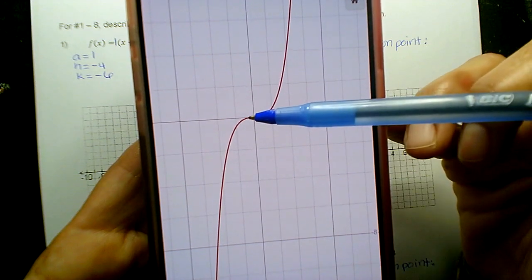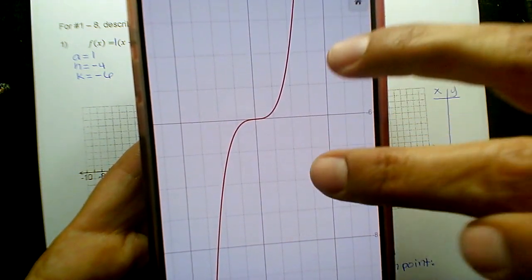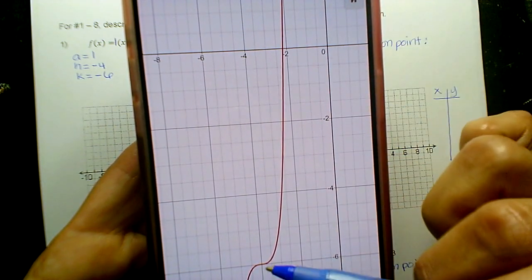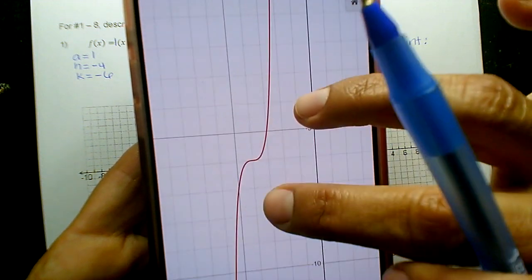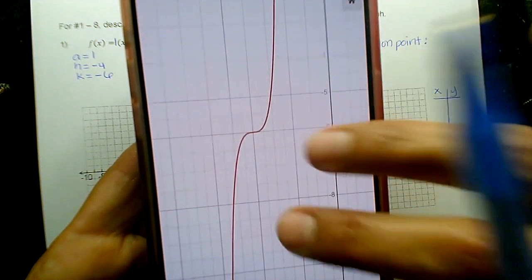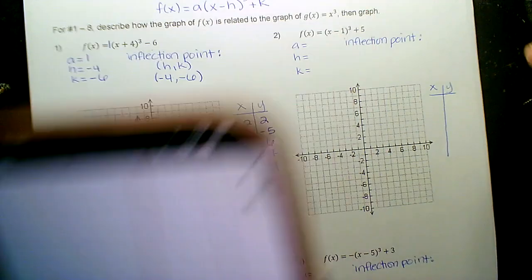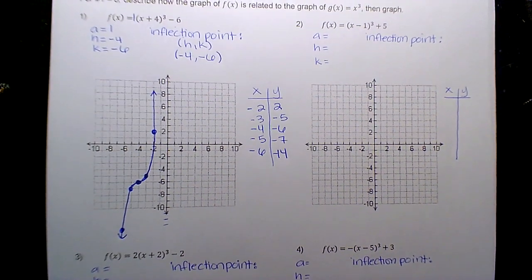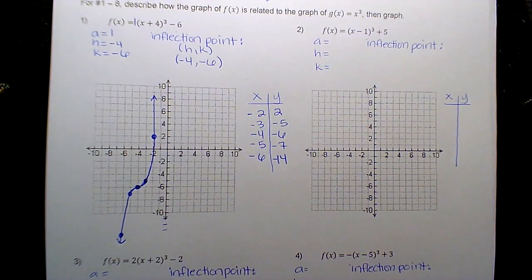That would be kind of like your vertex, but then it kind of reflects. And then this is concave up here. And so a cubic has an inflection point when it changes concavity, okay? Okay, you guys will do the other three. It's pretty straightforward. So I'll give you guys time, and then